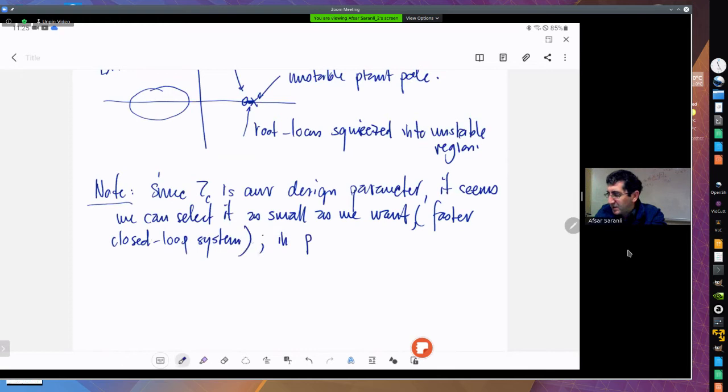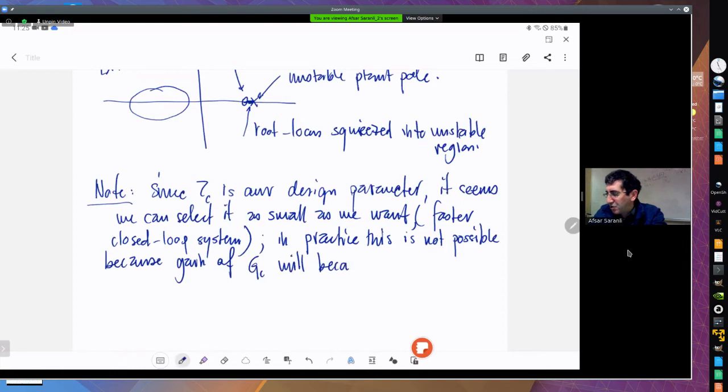In practice, this is not possible because the gain of GC will become very large and will saturate the actuator,